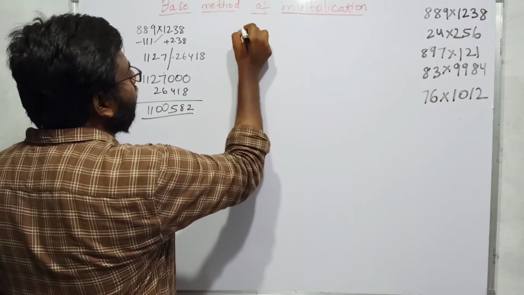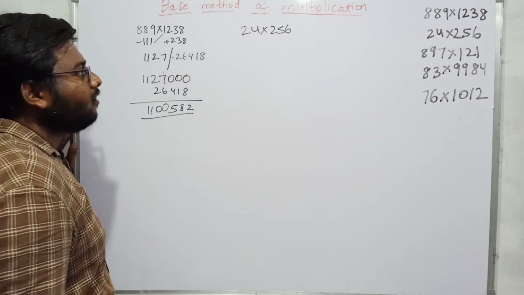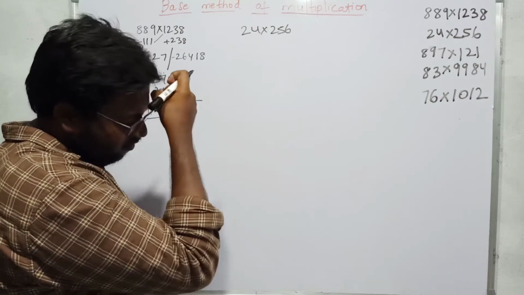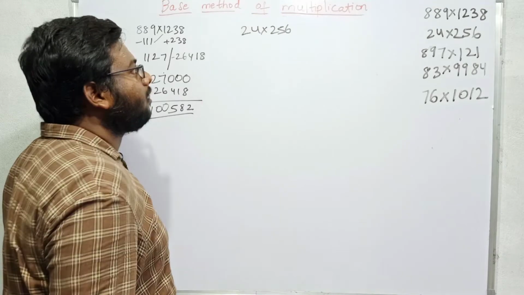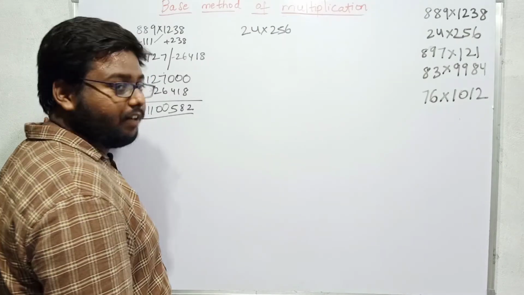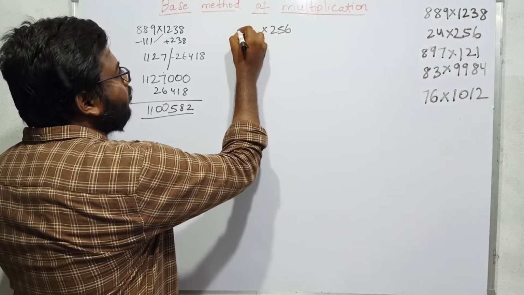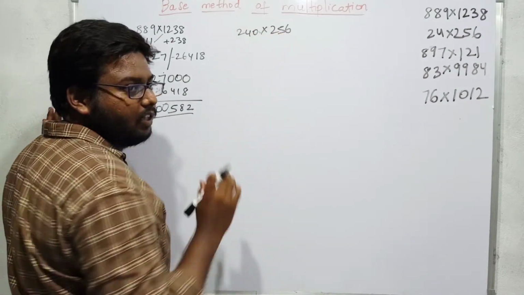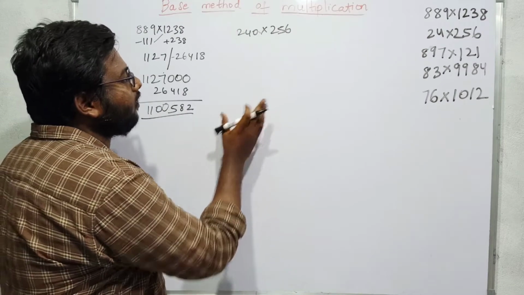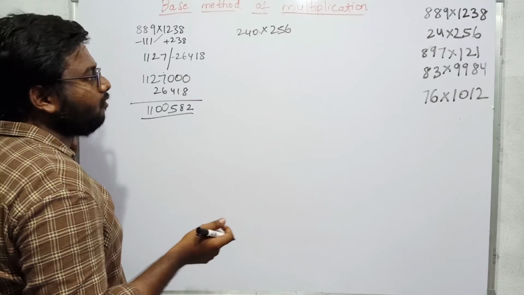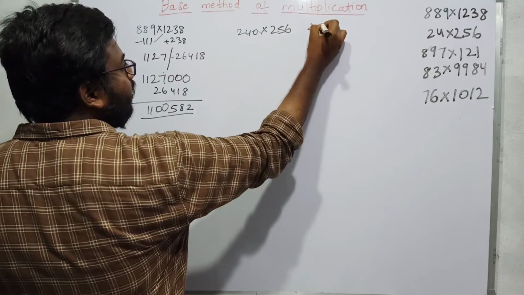If you want to calculate 24 into 256, if you observe this clearly, these are not nearer numbers and these are not nearer to any base. If you observe this clearly, this is nearly 10 times of it. That means 240 is nearer to this. If it is nearer to 10 times of this, then I will multiply this number with 10. Then I will get 240. Then this 2 will be closer. After getting the result in the base method, I will divide that result by 10. This is nearer to 250 now.